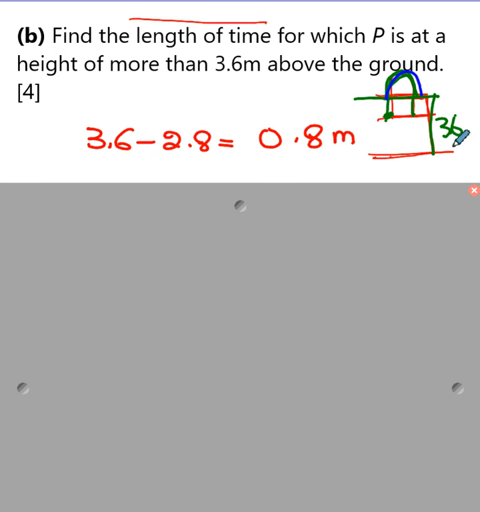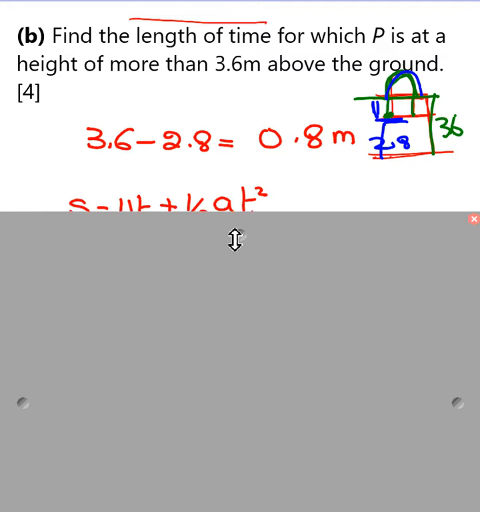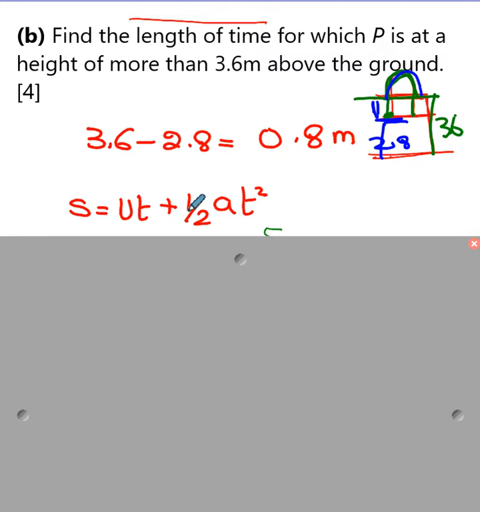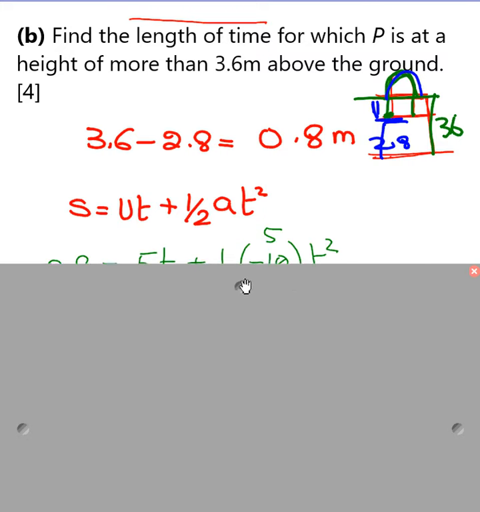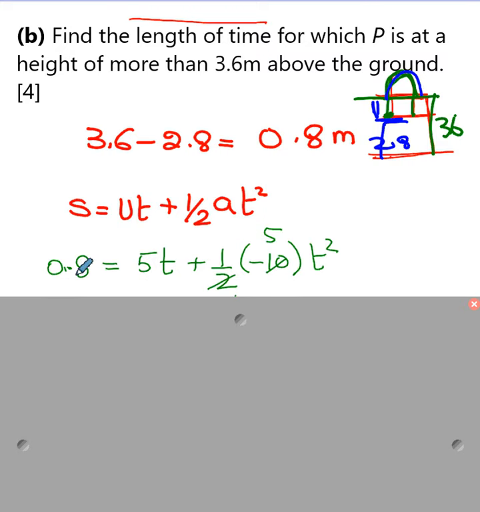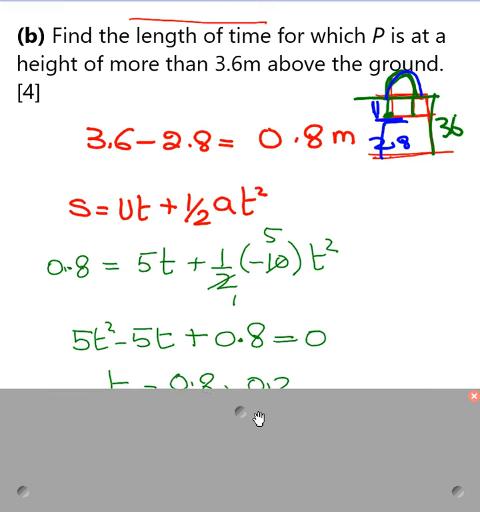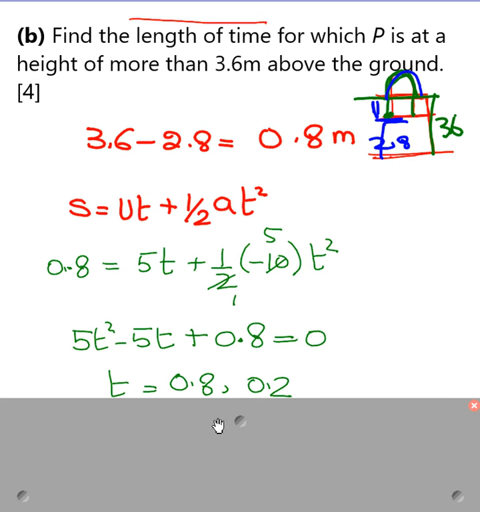So from 3.6, if I minus 2.8, because this was 2.8, right? Object was thrown from the point which was 2.8 meter above the ground. So basically, I will say 0.8 meter from here. So this is 0.8. So now using this equation, I will find out the time for which the object was 0.8 meter above the point from where it was thrown up. Okay. So simply substituting the values here, u = 5, s = 0.8, a = -10, I got a quadratic equation,